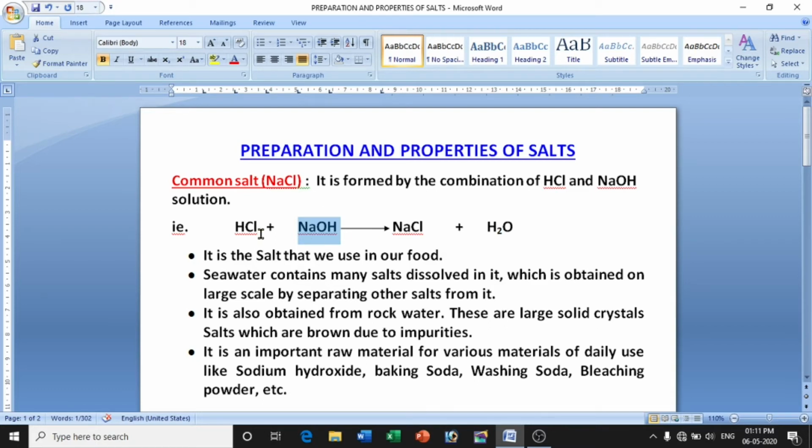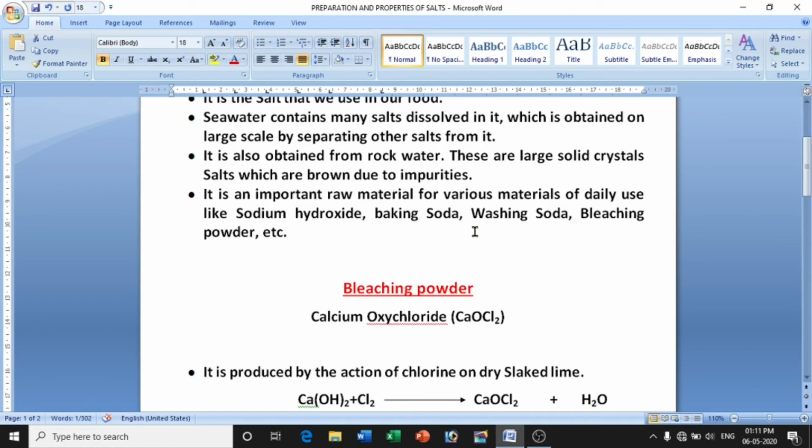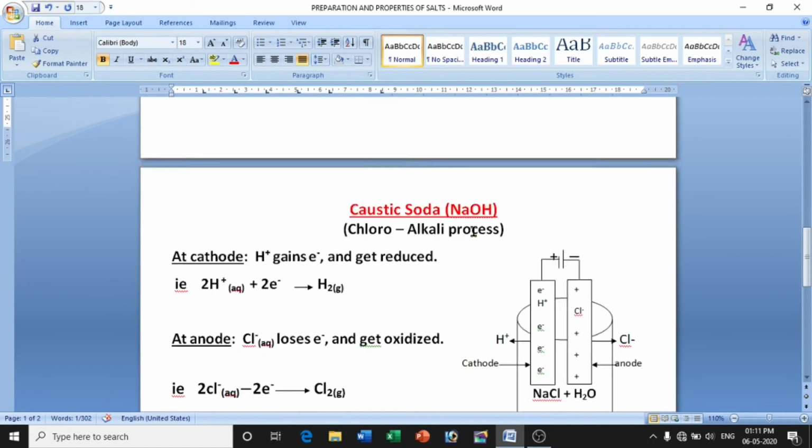Okay, HCl plus sodium hydroxide react and form sodium chloride. It does not mean that sodium chloride and water react to form sodium hydroxide. It is not possible, because not all chemical reactions are reversible, and that's why here for caustic soda